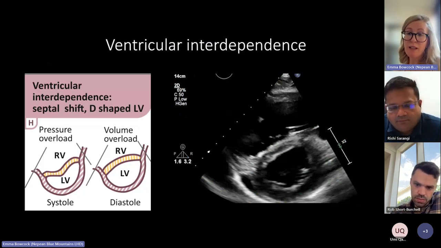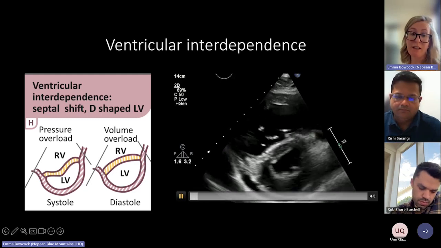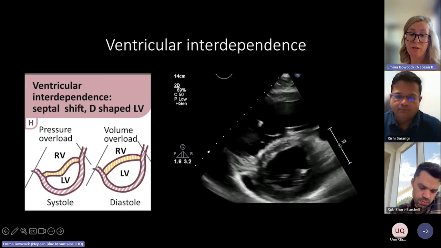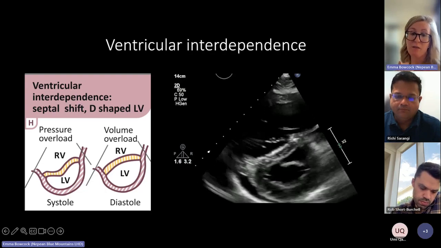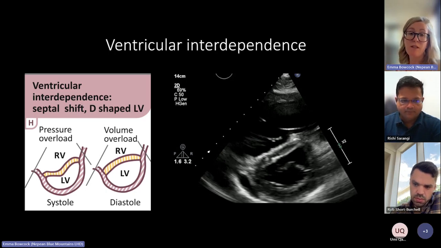Another important pattern to recognize is ventricular interdependence, or this septal shift, and this D-shaped septum. If we're getting flattening in systole, as we know, that's pressure overload, and if we're getting flattening in diastole, that's consistent with volume overload. That's related to what we talked about with a pressure-loaded dysfunctional RV with chronic pulmonary hypertension, and we see this a lot in acute pulmonary hypertension, don't we, in PE or ARDS,